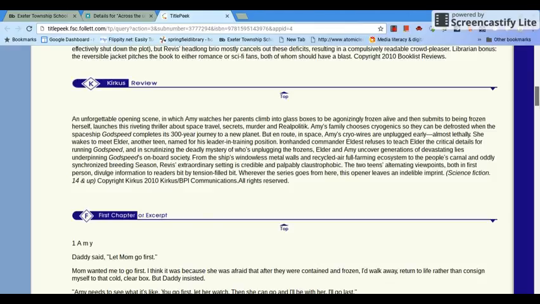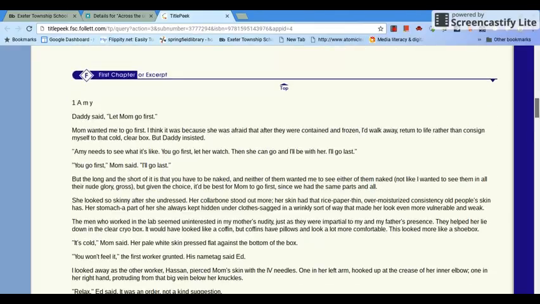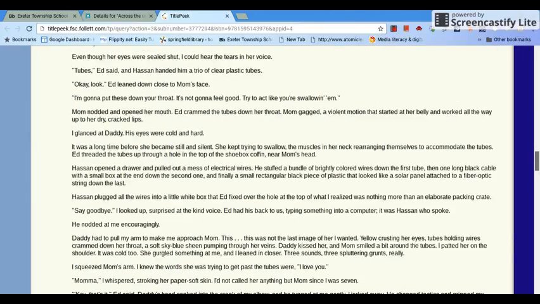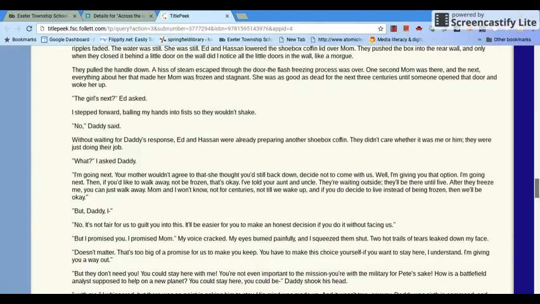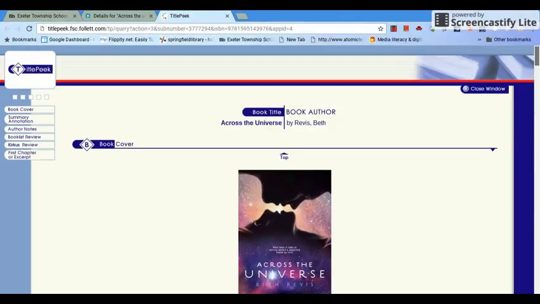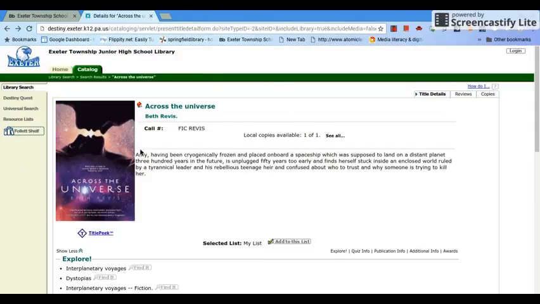It'll give you some reviews. It'll give you additional information about the author of the book if you're interested in that. Just a whole bunch of extra material in case you have to maybe do a book report at some point in time, or you really want to just do some research on the book before you commit to reading it. If we exit out of that,